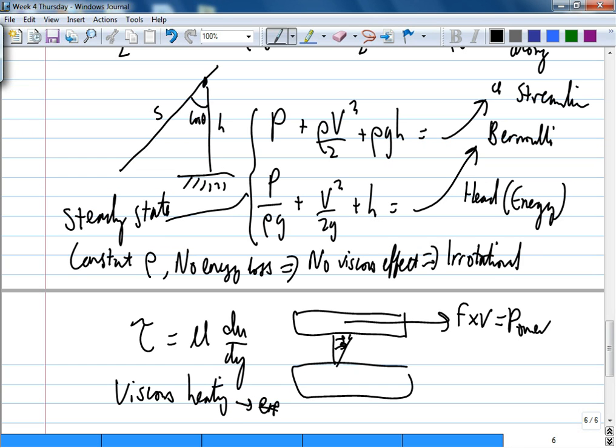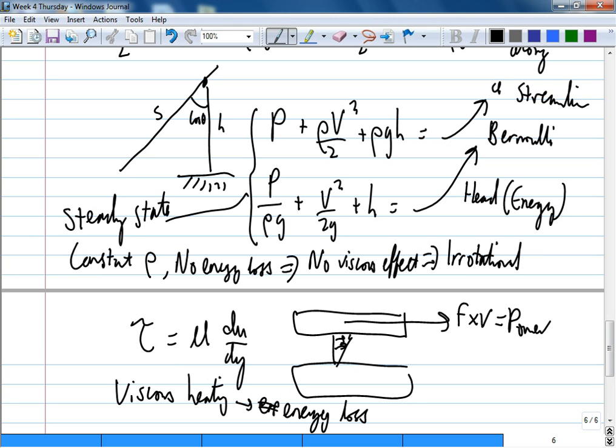Energy loss. Is that okay? So we cannot have any shearing of fluid. Shearing of fluid will result in energy loss. So places where there is any velocity gradient, that's why no viscous effects or irrotational all mean the same thing. If you have any viscous effects, any gradients in the flow, there will be losses. Then this one is not valid. This is only valid when everything is moving at the same speed, side by side, everybody moving at the same speed.